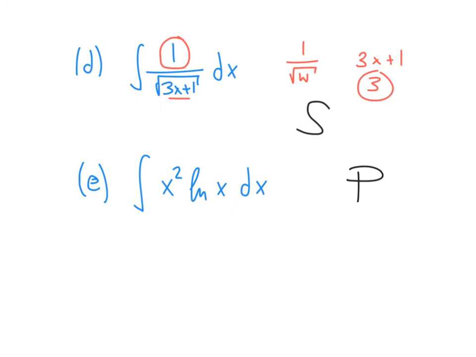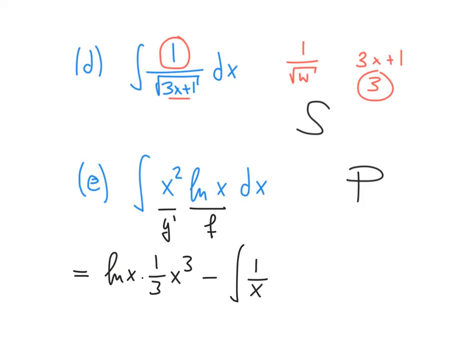Quickly, we could go over how to do this, because this is a similar effect to what happened when we did the problem before. If we choose this again as f, and this as g prime, then this would be the same as f, which is ln, times g. So we take an antiderivative of x squared, which is 1/3 x to the third. And now we have to subtract f prime, which is 1 over x, times g, which is